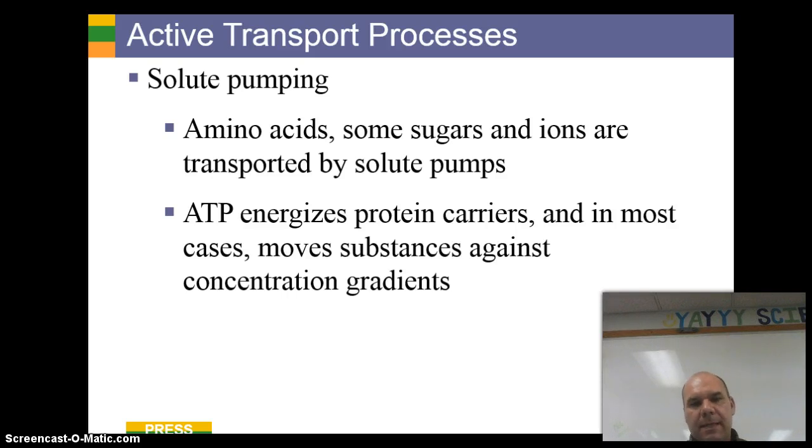Bubble B with this topic relates to something we're already familiar with through our last video. How is that toll paid? The toll is paid via ATP. This is the process in which energy is utilized to create the relationship that moves the material across the membrane. And in this relationship, we know ATP energizes protein carriers, and in most cases moves substances across the concentration gradient. And our third bubble associated with this map deals with